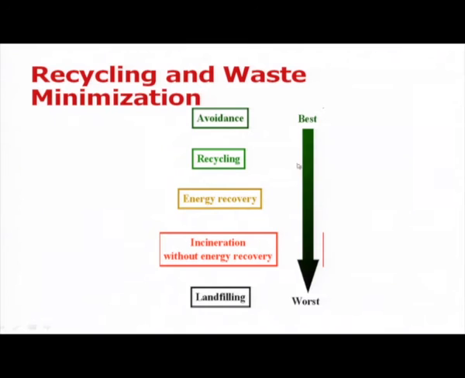The hierarchy cone goes like this. First one is avoid. There should not be any possibility of generating hazardous waste. If not possible, look for next option is recycle it. The waste is somehow generated. Is there any possibility of recycling or reusing? That is very important. The third one is energy recovery. Is it possible to get some recovery of energy from that waste by incinerating it? That is possible, that should be explored.